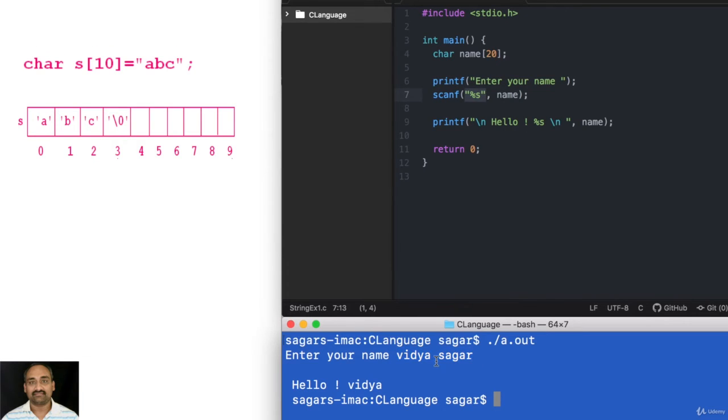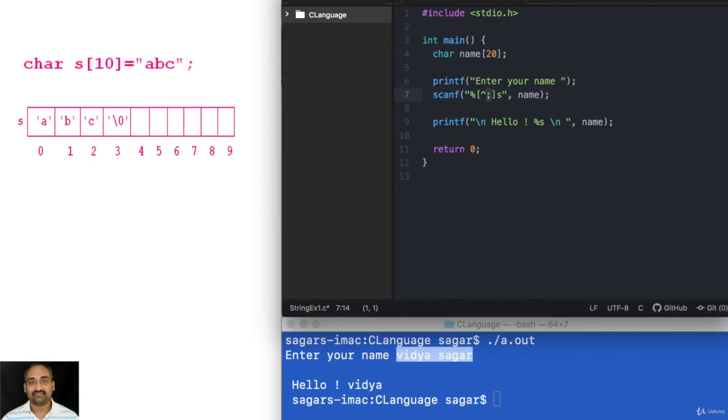There is something special that you need to do if you want to accept a space as well. In the square brackets I can specify that I want to read all the characters, that is a caret. Here the caret means all characters, and the terminating character is \n. Either you can use \n or you can use a semicolon.